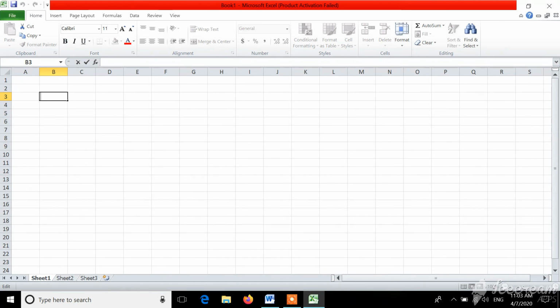B3 is the cell name. So let's start the work of creating a spreadsheet. How can you create a spreadsheet in MS Excel? For creating